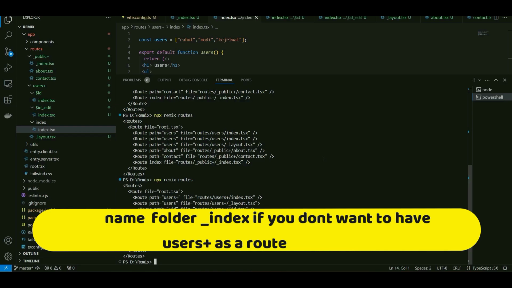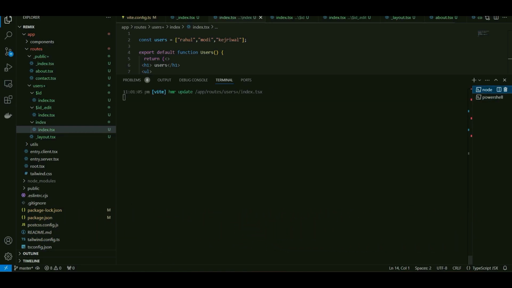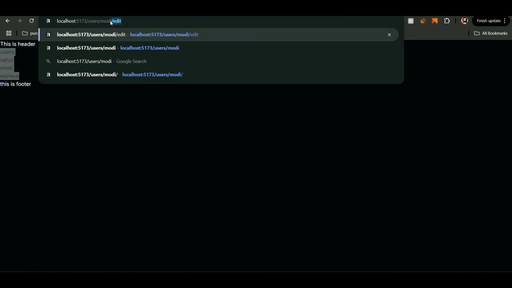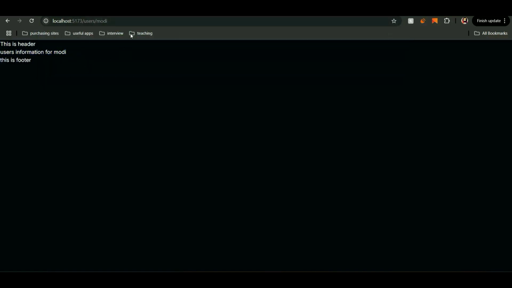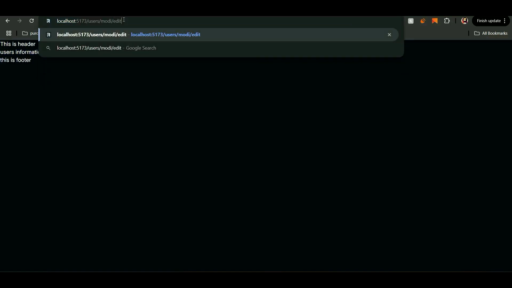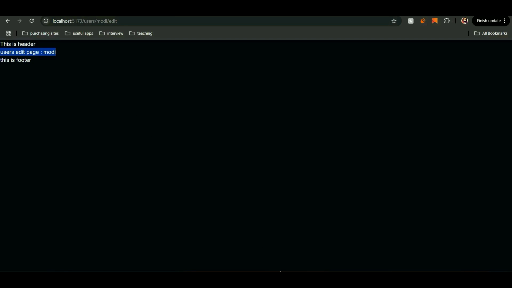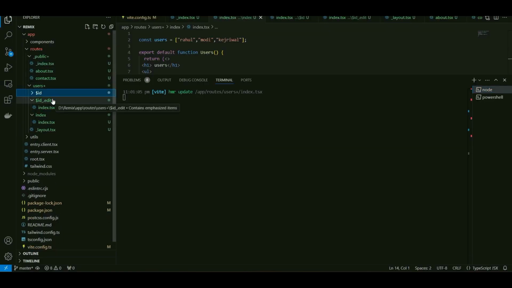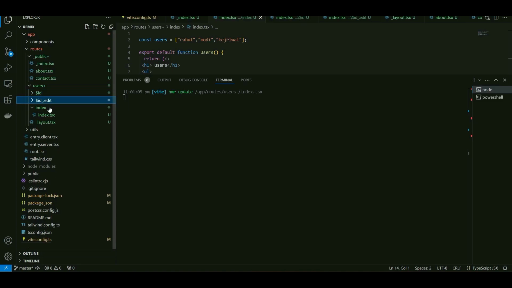Okay, now let's try to run this. I see my app is running. Okay, route is working. We have all the lists. If I go to specific one, it is printing me specific one. If I go to edit, it is printing me the edit page. So you see how easy to manage all the routes, all the nested children's route within their own respective folder